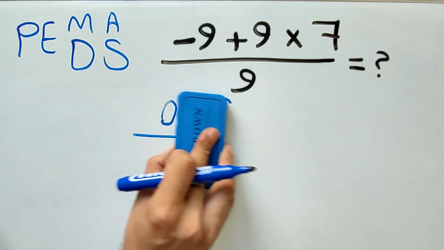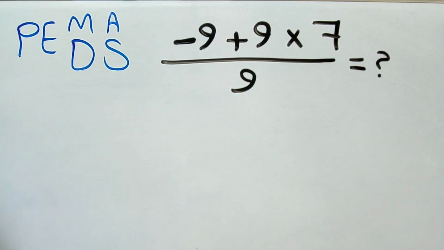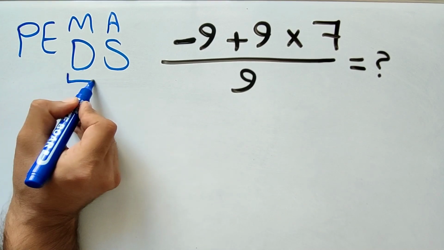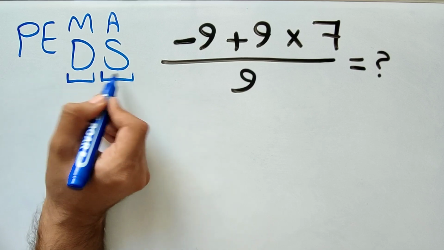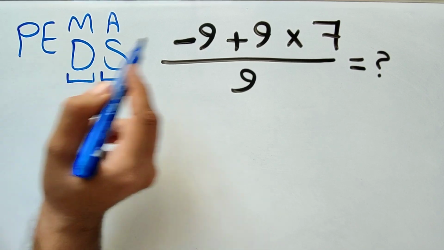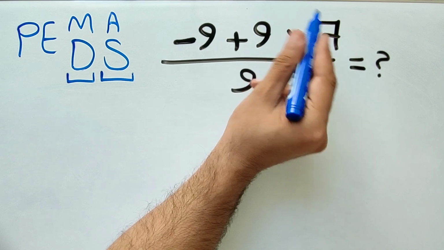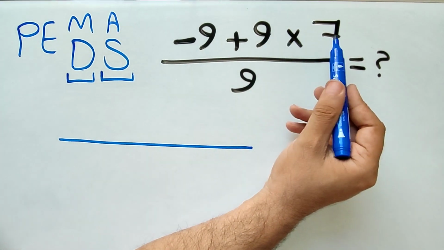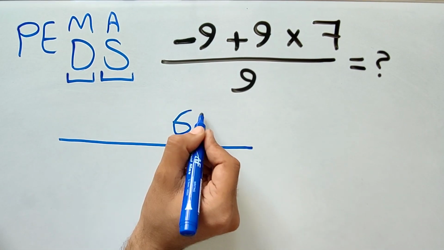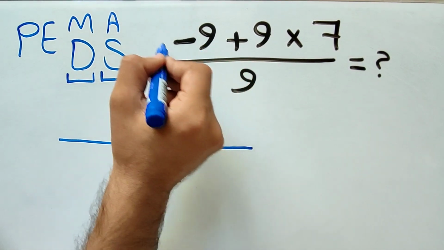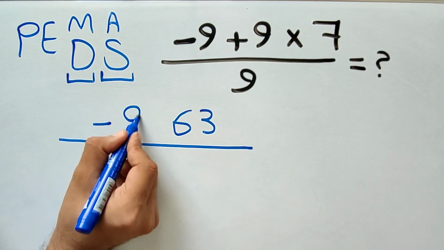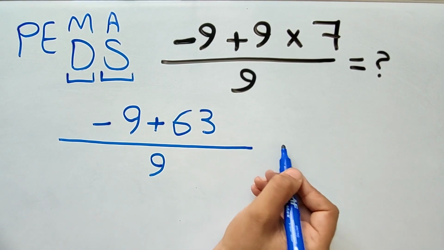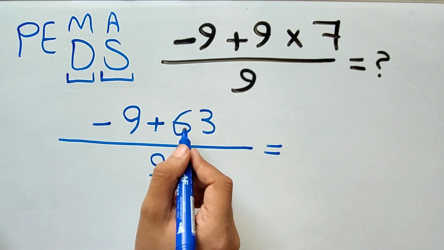According to the rules of mathematics, PEMDAS, that is here, we have to solve this expression in this way. First parentheses, then exponent, then multiplication and division, and then addition and subtraction. According to this rule, we have one multiplication here that we have to solve first. So, in the fraction, 9 times 7 gives us 63. And we had negative 9 and plus here over 9. So negative 9 plus 63